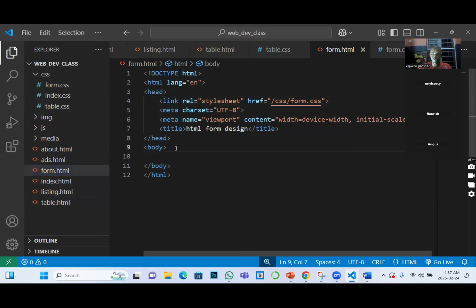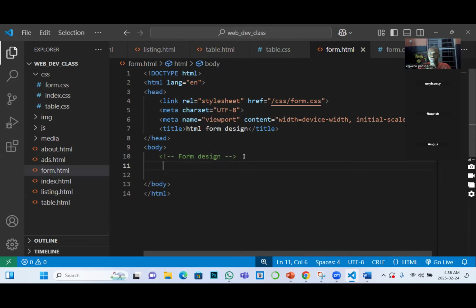So to start with, I will use comments. I believe we also know how to write a comment line in HTML. So what are we doing? HTML form, or let's say what? Form design. Form design. So while I was explaining in my slide, I said to start with, you declare the form